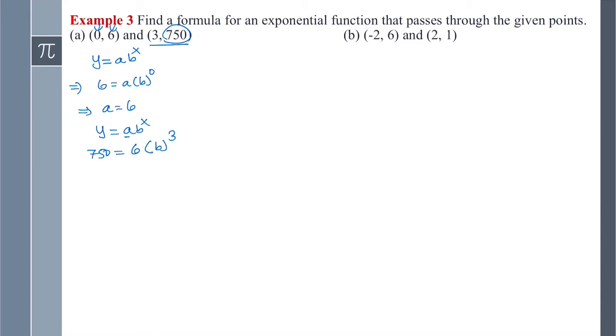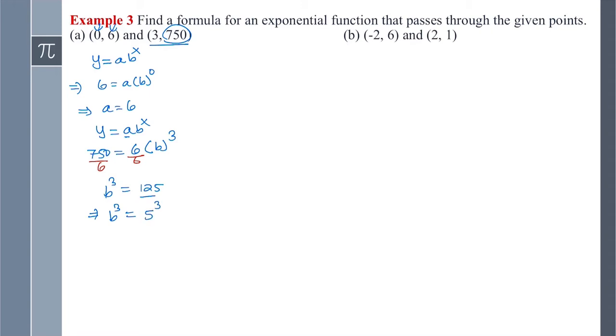So here, first we divide by 6 on both sides. When we divide by 6 on both sides, what we get is b to the third equals 750 divided by 6, which is 125. Now it's not that easy just looking at that to see what the value of b is, but what we can do here is, we have b raised to the third. If we can change this 125 into a number raised to the third power, then b must be equal to that number, okay? And just looking at 125, we can say that b cubed equals 125 can be written as